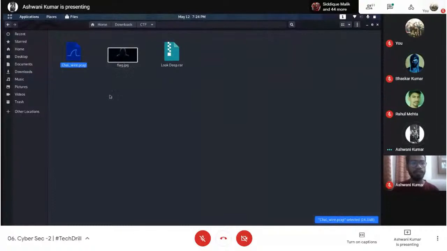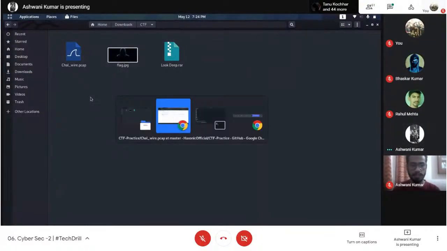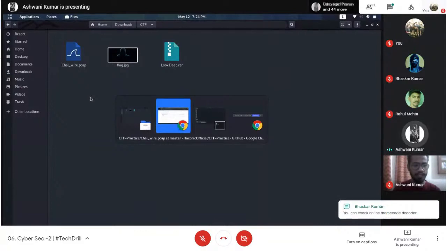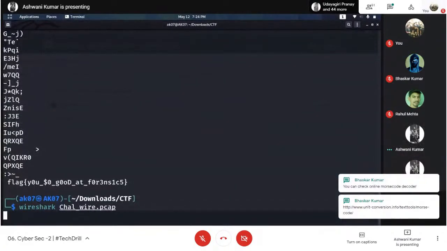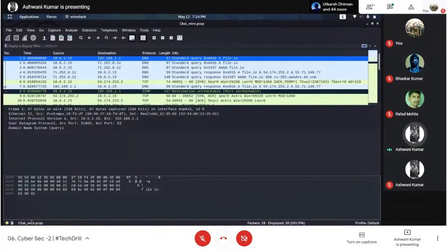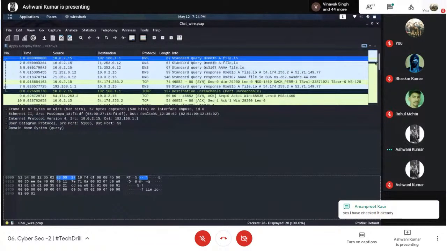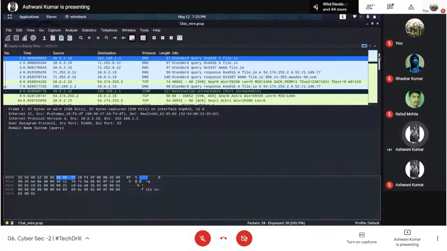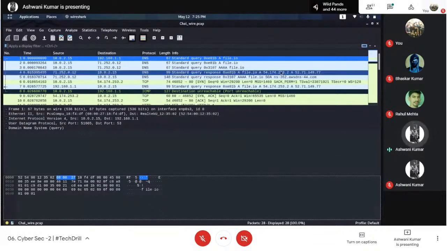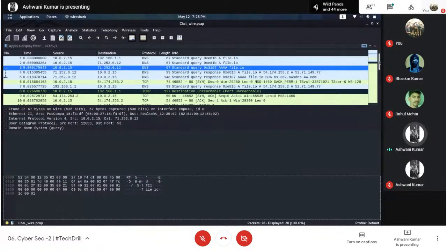I can open this file with the help of Wireshark and check what kind of data has been given. I can see different data, and let's look around to see if I get any kind of file. I can see something in file.io. Fine.